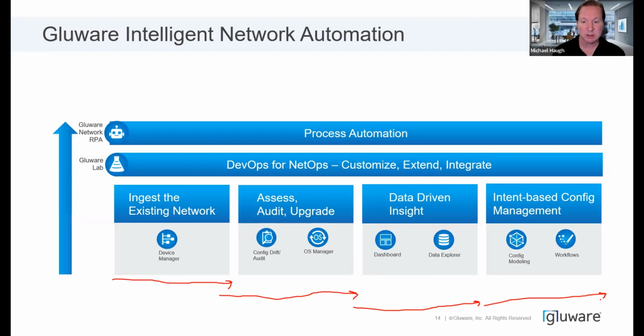The benefit here is you have the full integrated stack of Gluware around your device management and discovery, drift and audit, operating system upgrades, and config modeling. You have all that deep capability available to you, along with what's going to be a growing library of third-party integrations. So we're very excited that RPA is now in beta, and we're working with key customers on this. Stay tuned, because we have some very exciting announcements and demonstrations coming up where you're going to see